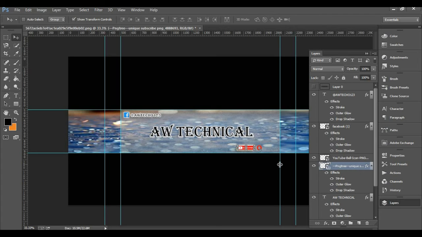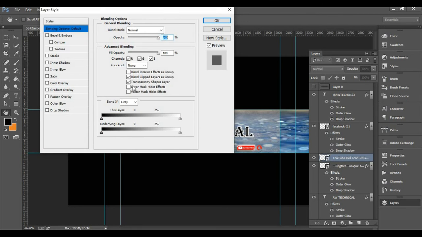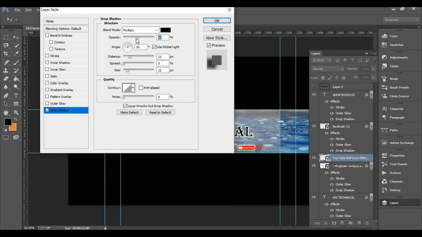Now let's add some stroke on the bell icon. Double click over here, add some shadow, a little bit, outer glow.